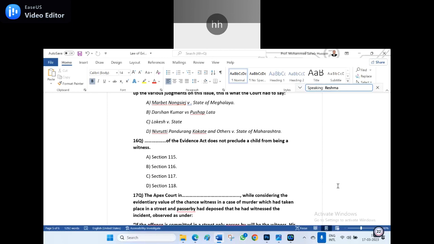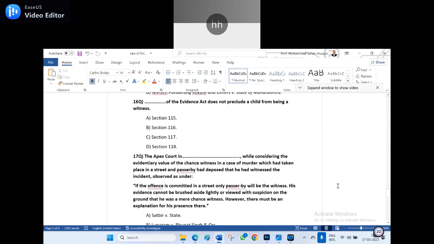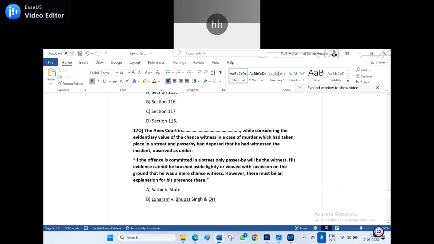Okay. 17th question. The apex court in dash, while considering the evidentiary value of a chance witness in a case of murder which had taken place in a street and a passerby had deposed that he had witnessed the incident, observed as under. I quote, if the offense is committed in a street, only a passerby will be the witness. His evidence cannot be brushed aside lightly or viewed with suspicion on the ground that he was a mere chance witness. However, there must be an explanation for his presence there. I unquote. It is observed in the case of